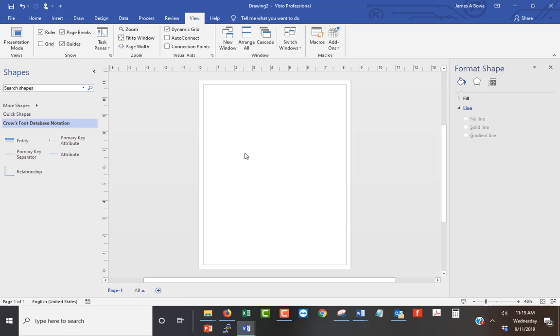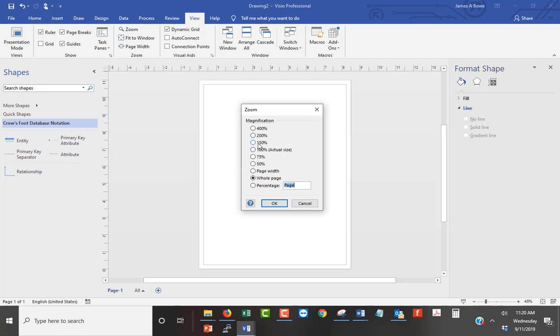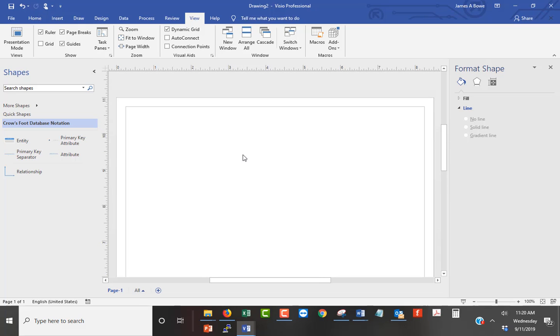and here's our chart, or our workspace if you will, and I'm going to focus in a little bit. So we'll zoom to let's say 100%. And there that is. Okay, so again, we've got two entities that we are going to be creating a one to many relationship. So the first thing I'm going to do is take an entity over here on the left hand side, bring that over,